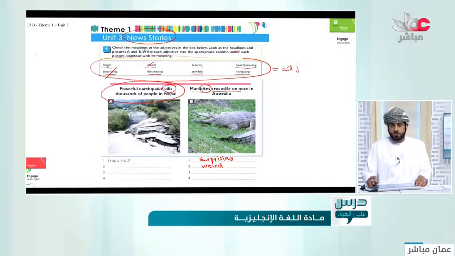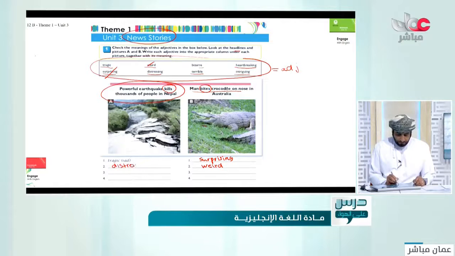Distressing, also very strange. So we can put it under B, but not strange like the first one, which is weird. So distressing comes as well, that the earthquake killed thousands of people, something which is unusual. So we will use distressing to describe headline B. Okay, very good. Bizarre,